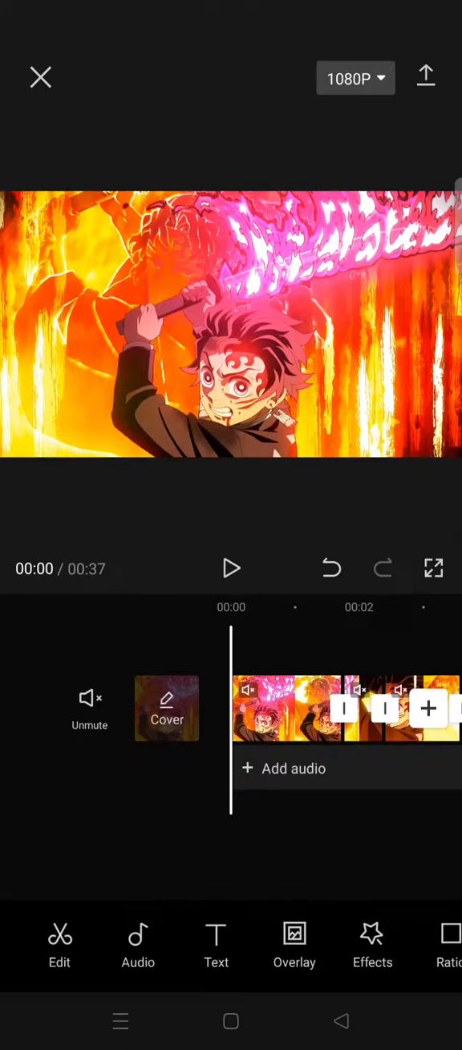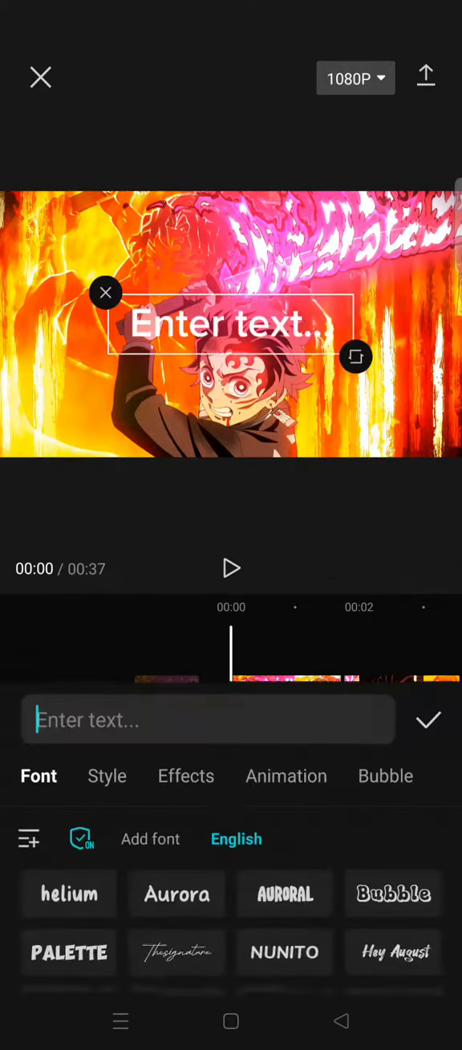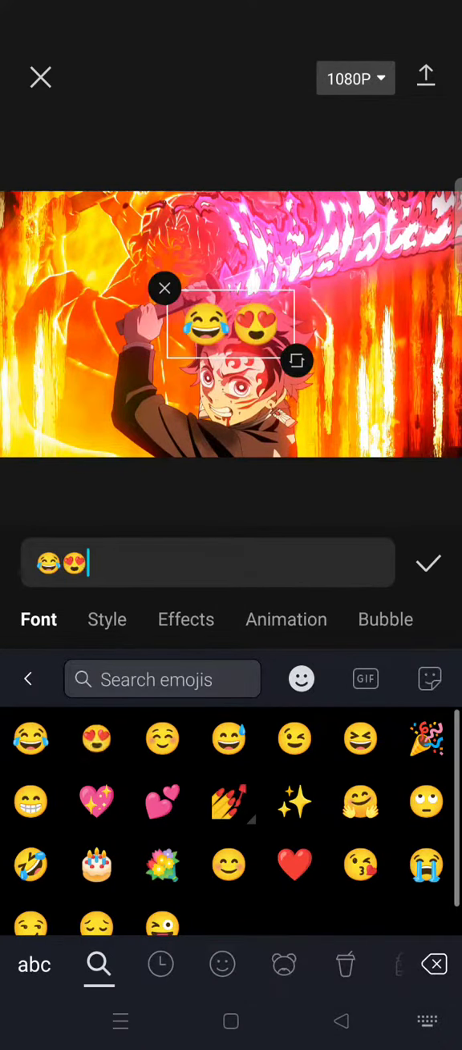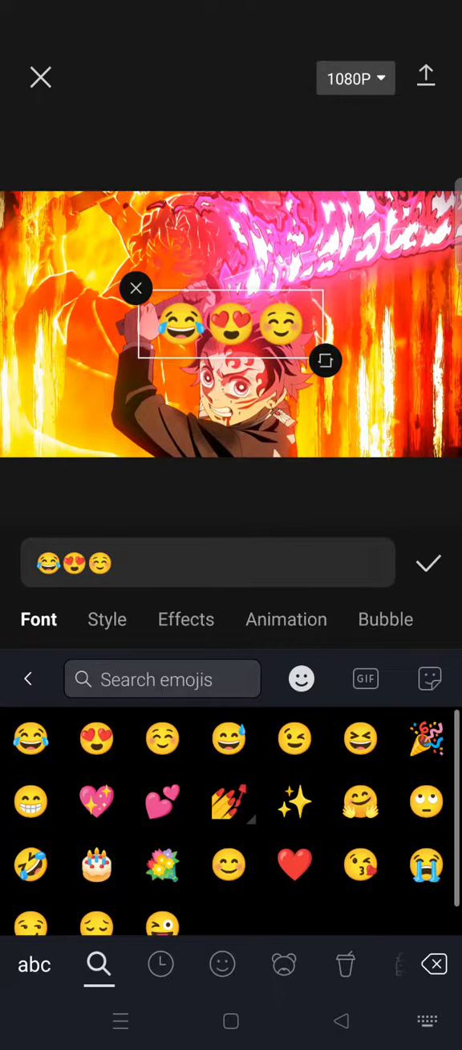So on today's video I'm gonna show you how you can make transparent emojis for your videos in CapCut. So here I'm going to just go to tags, add tags, and then just write the emoji. Okay, I'm going to just add these three, and then to make it transparent you need to go to the